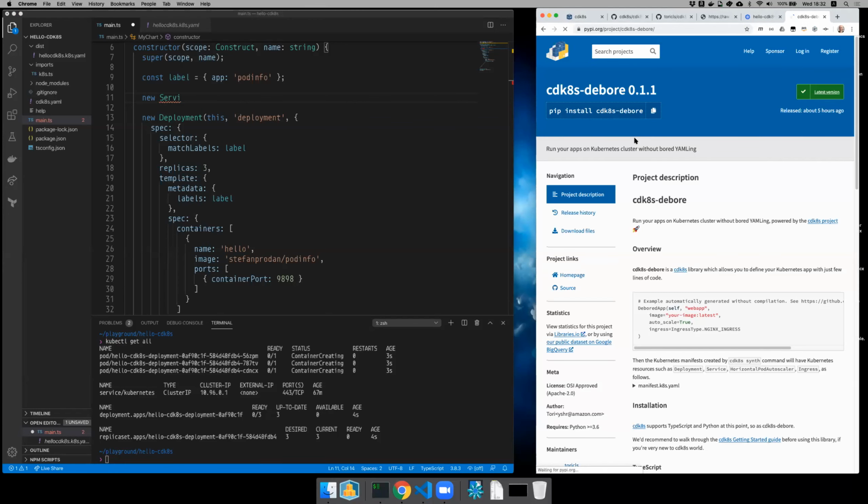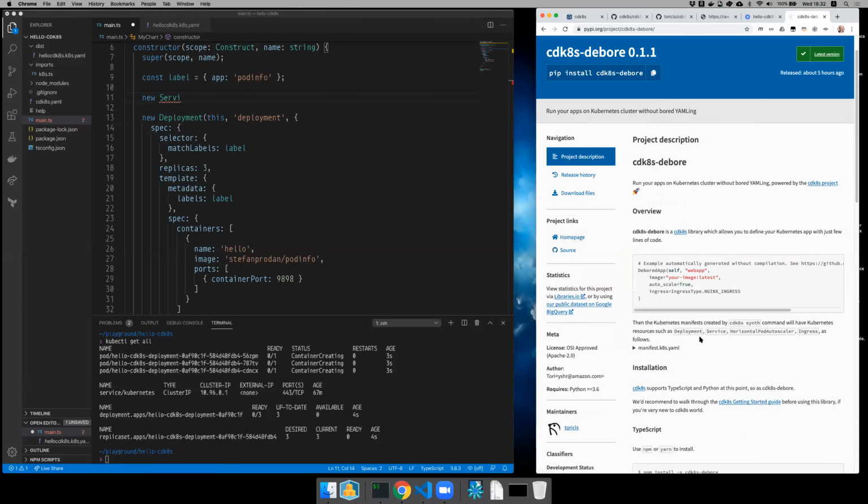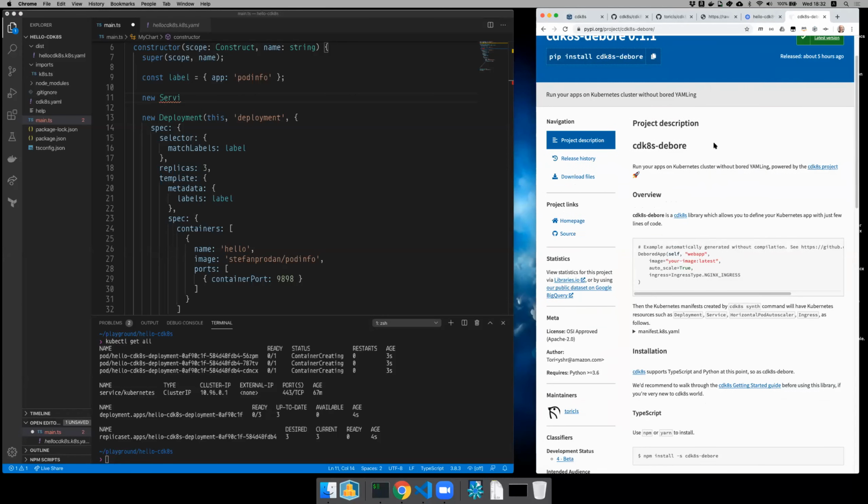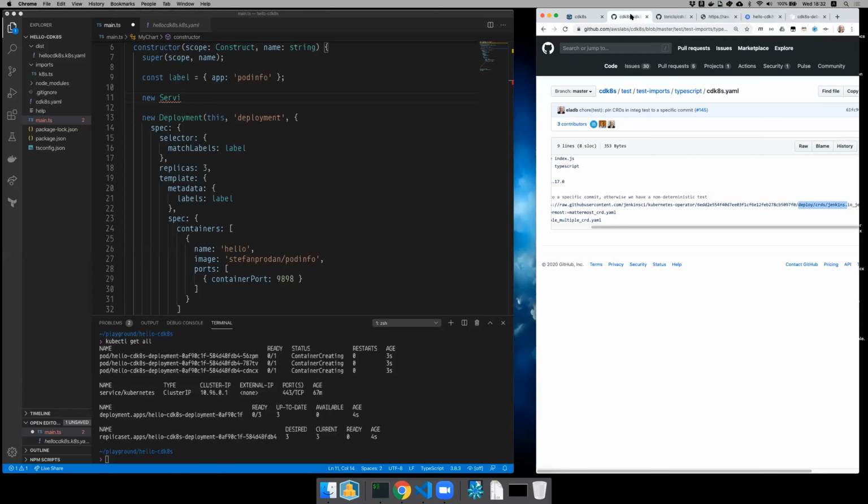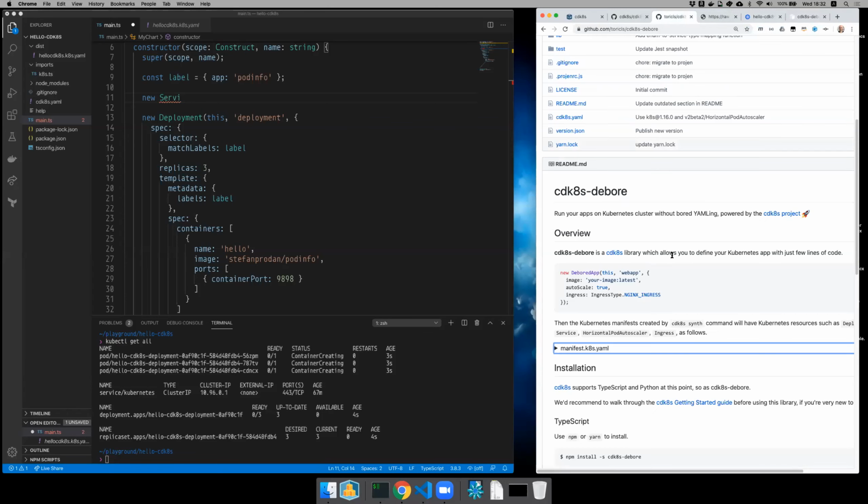It uses the same technology that we use in cdk8s to create multi-language libraries. This technology is called JSII. And so it's very easy to create these multi-language libraries. So you can use it either in Python or in TypeScript or in Java or .NET, which are the languages that we currently support. And so what this does is basically give me a higher level abstraction.